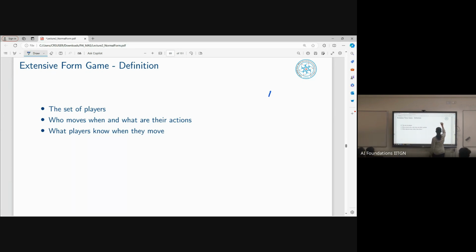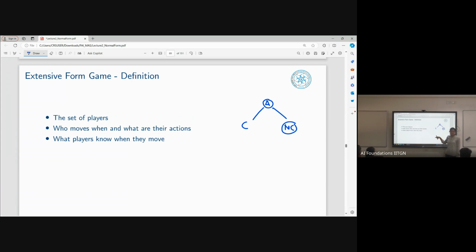There is this agent A. Either he confesses or he does not confess. And based on that, the other player is taking the action. But the idea is the other player doesn't know where the player stands, right? Has this player confessed or not confessed is not known to player B, right? So this particular level is indistinguishable to the player.